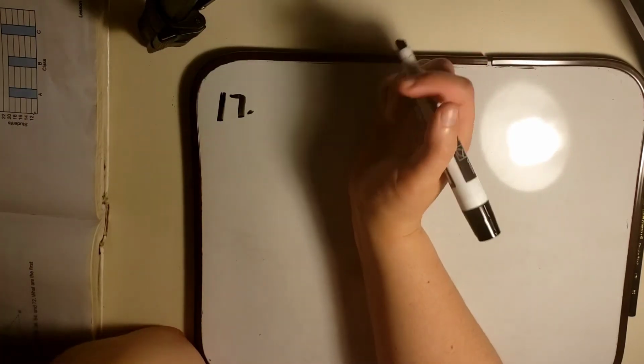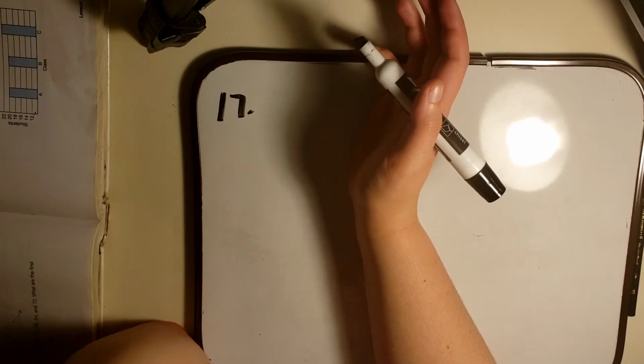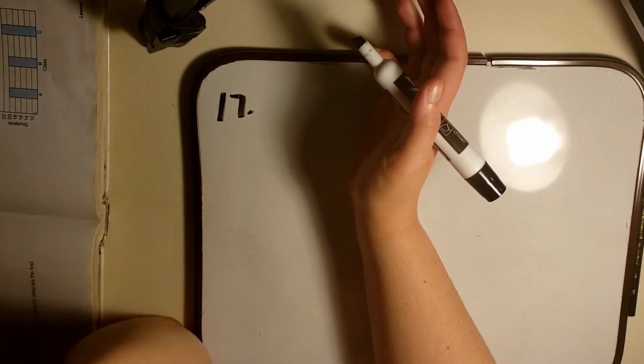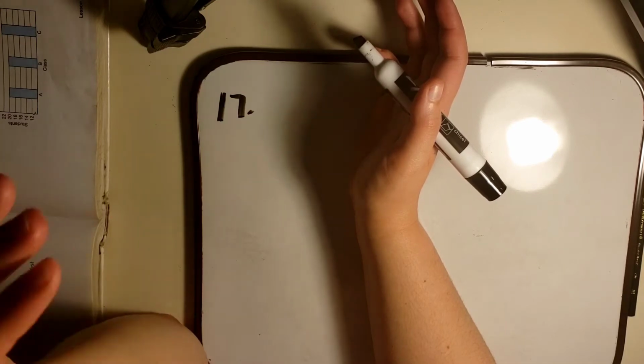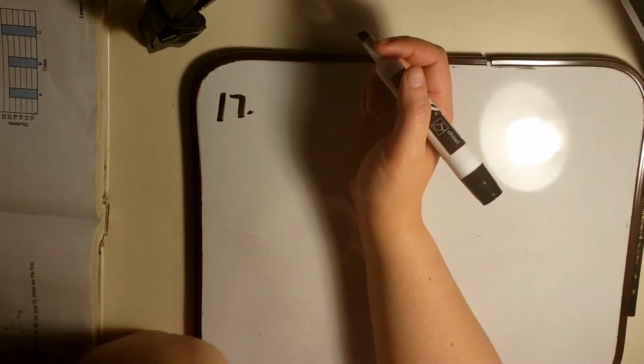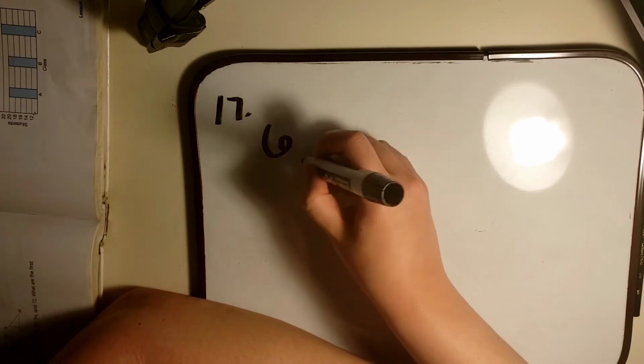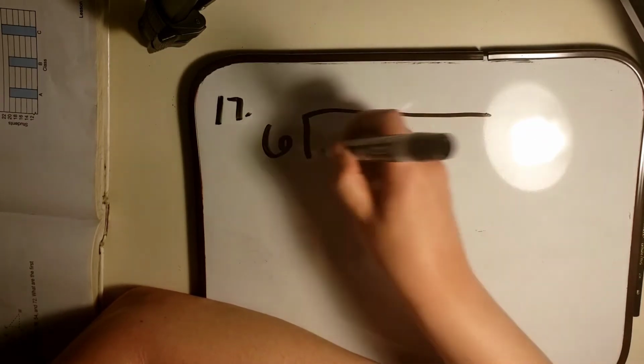Division, I know, can be difficult, but we need to know our multiplication tables, which I think is part of the difficult part of it. If you don't know your multiplication tables, you don't know how many times something goes into another number. So here we go. We have 6 on the outside, and we have